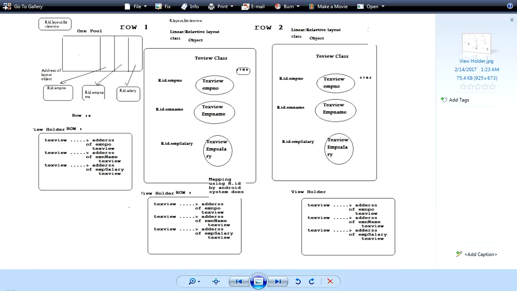So when it is recycled and comes to the 11th record, again I need to go through the address of the linear layout object and get the address. So instead, when it is recycled, if I don't go through that process, so I